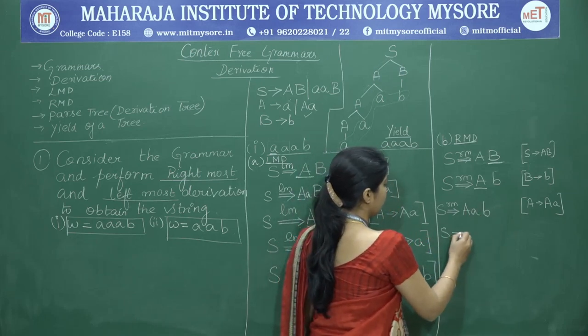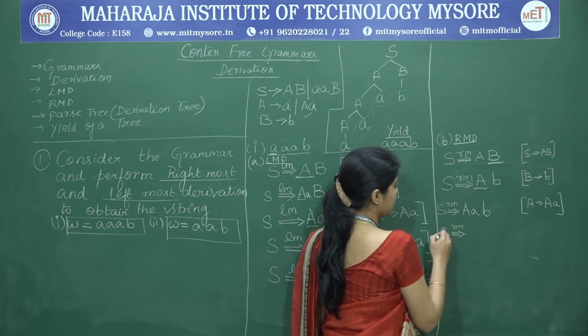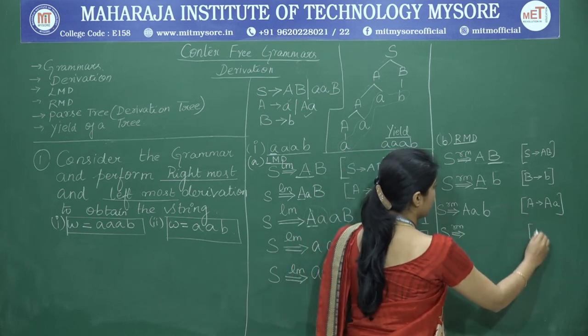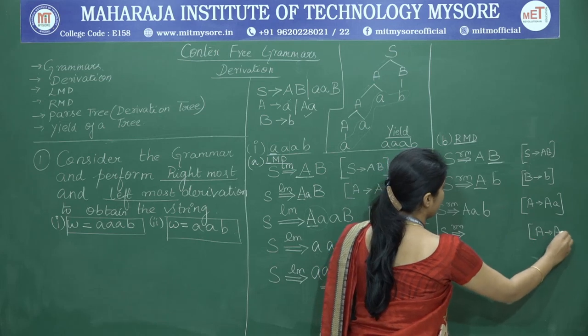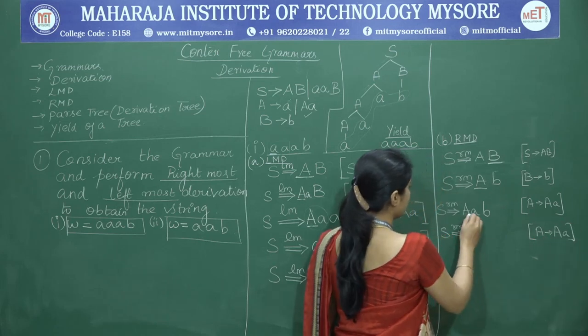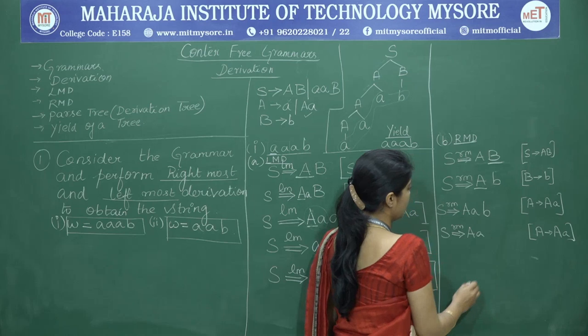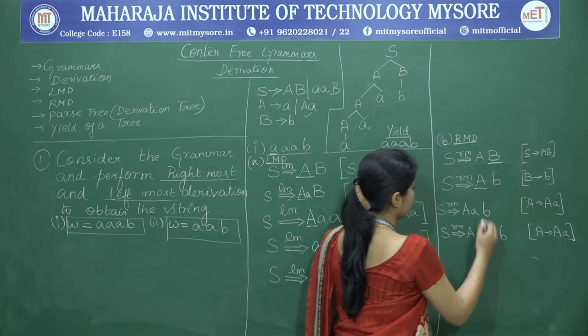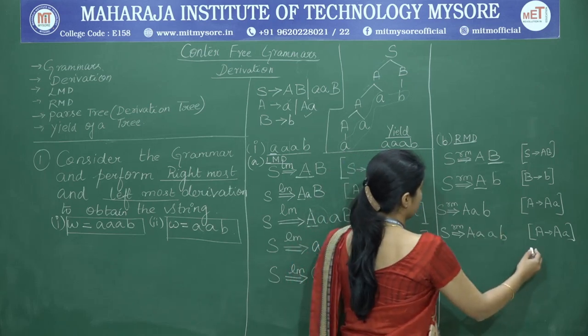So now we know that we need 2 more A's. So therefore we have to generate it by using the same production. A goes to AA. So this A will be replaced with AA. Ab will be written as it is. Okay. So next